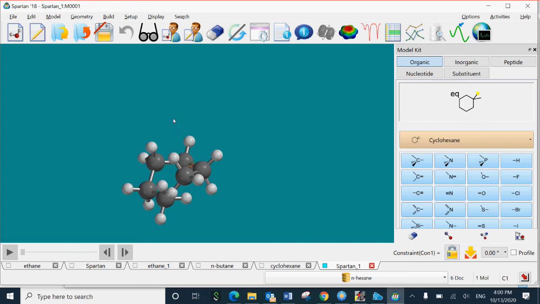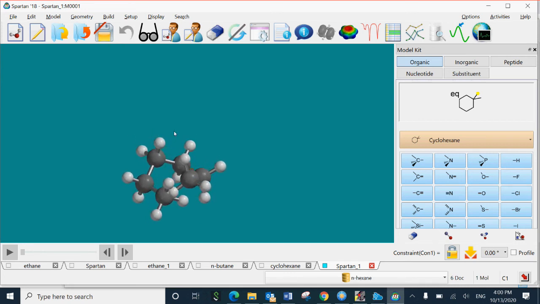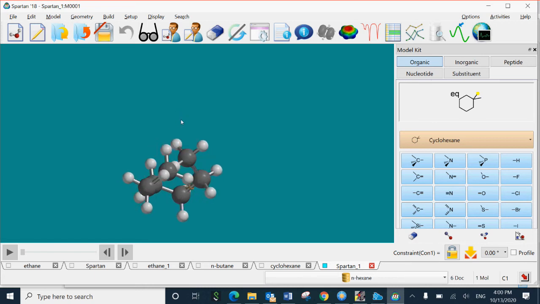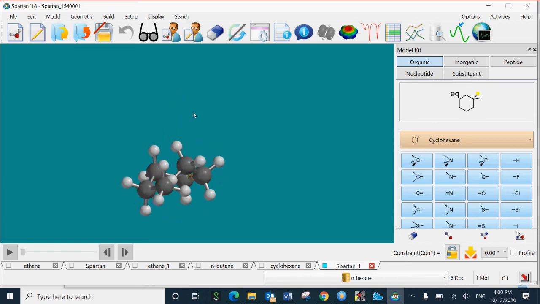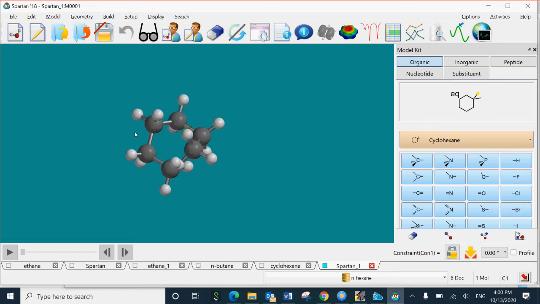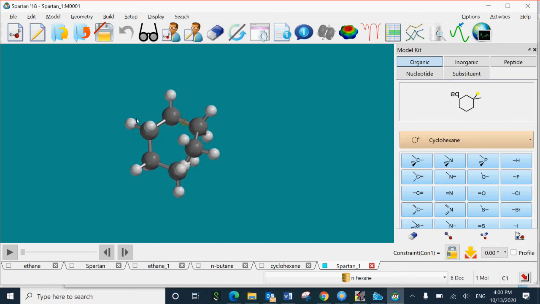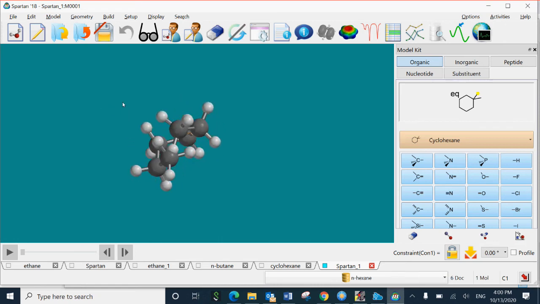So this is in the boat form, but now you need to make a bond between the broken part to make it cyclohexane. So you can see, where is the broken bond? The broken bond is here between these 2 carbons. There is no carbon-carbon bond there. You can distinguish this, see, this is a carbon-carbon bond, but here there is no carbon-carbon bond.